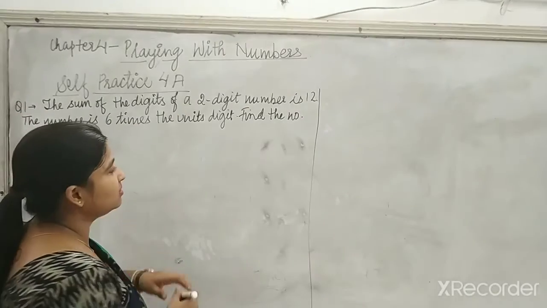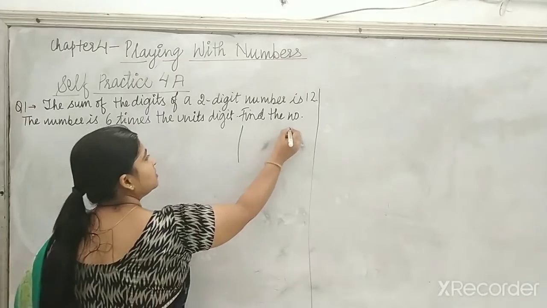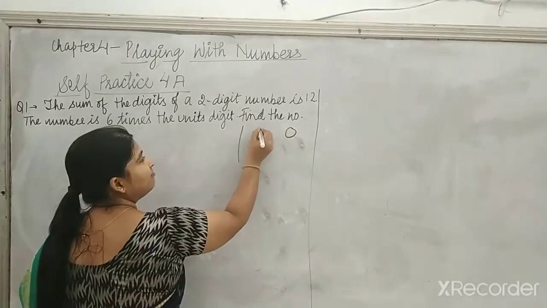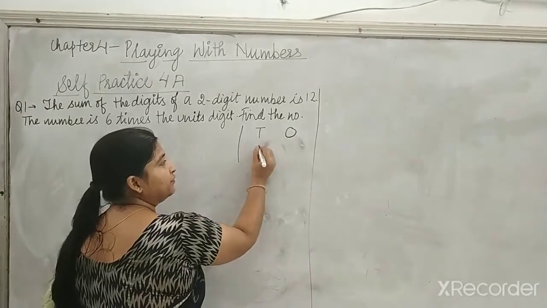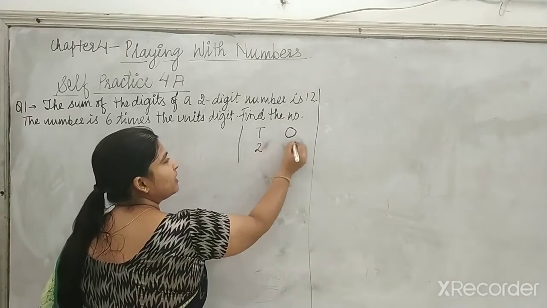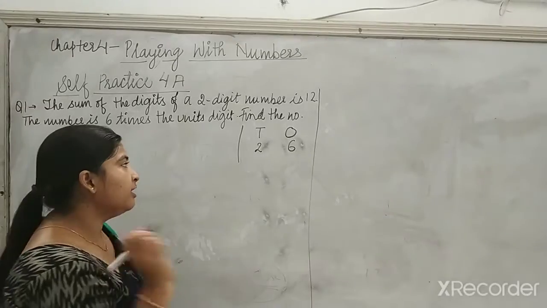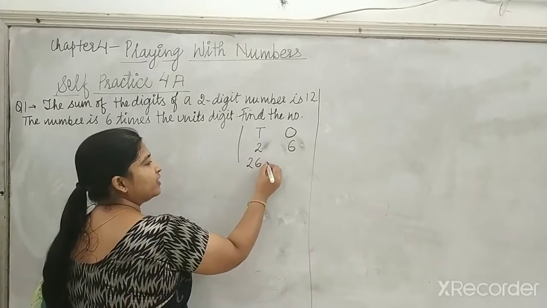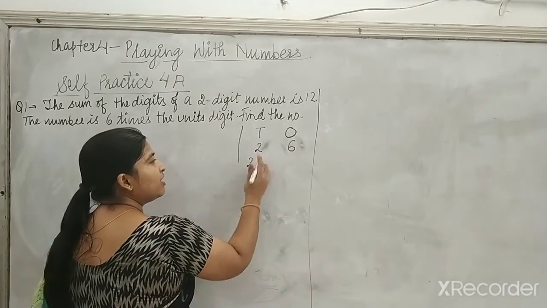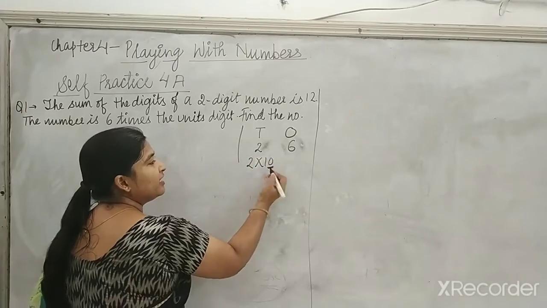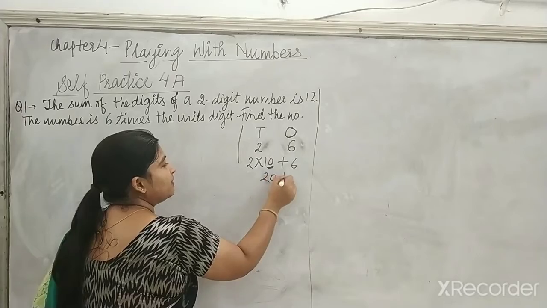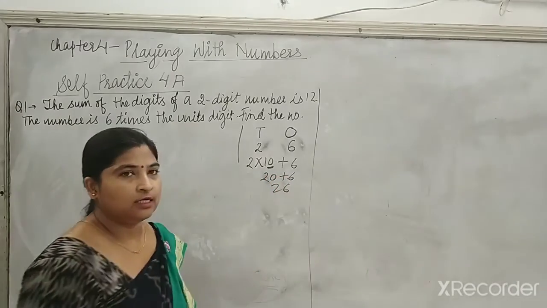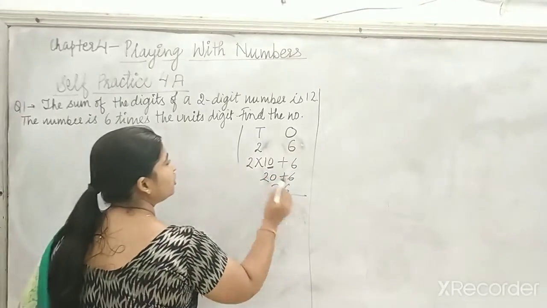So there is a two-digit number, that is, if it is a two-digit number, it will have a ones place and a tens place. For example, if I have to write 26, at tens 2 is coming and at ones 6 is coming. How will I write 26? Actually, we are multiplying 2 by 10. Why 10? Because 2 is at tens place, plus 6. So it will be 20 plus 6, that is 26. This is actually your basic.